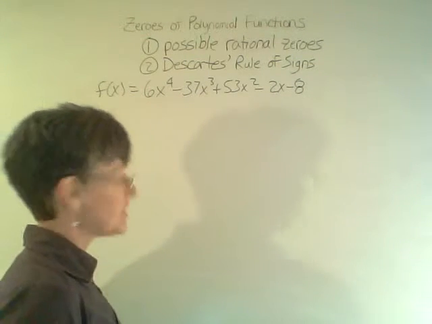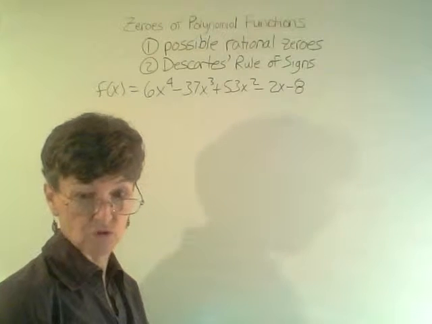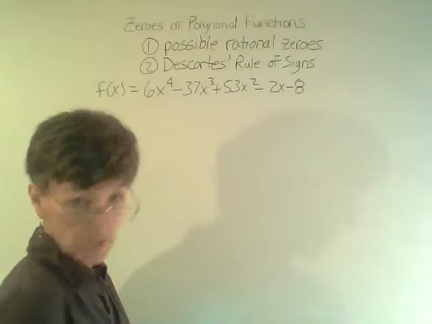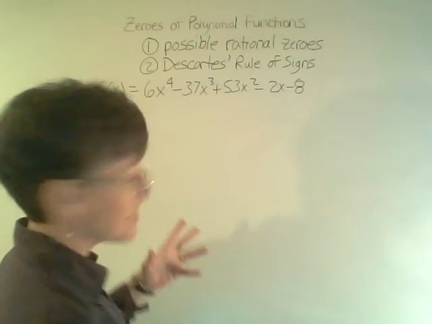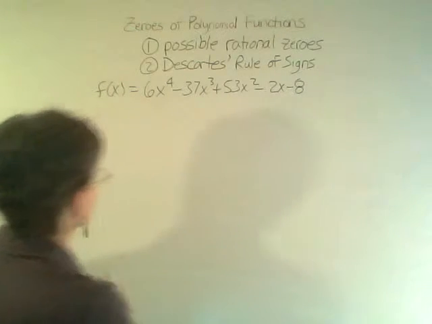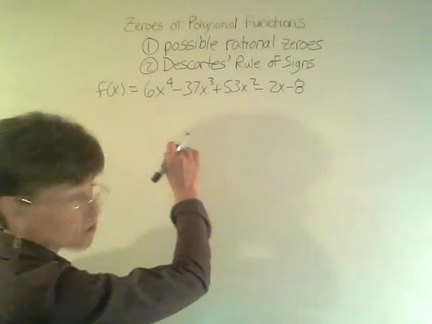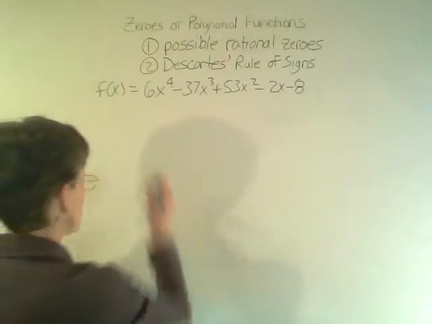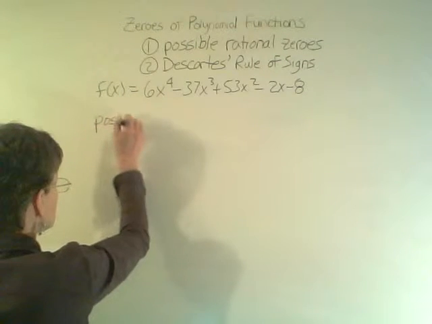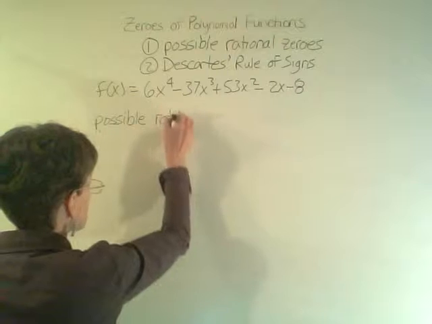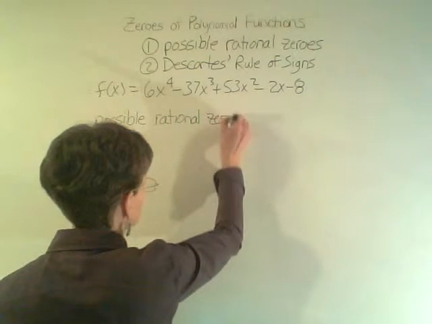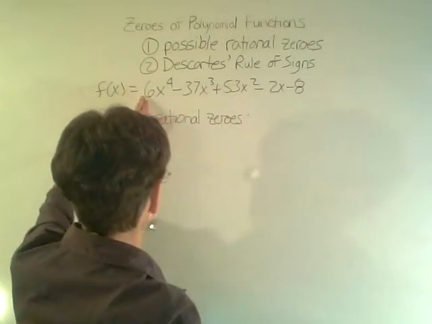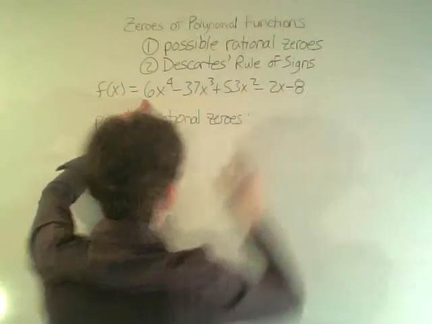Now, we cannot find complex zeros or irrational zeros directly, but sometimes we can find those at the very end if there are only two of those, by first finding all of the rational zeros, because we can find the rational zeros. So first I want to talk about what are the possible rational zeros for this function. Well, the possible rational zeros for this function are determined by taking all of the factors of your constant and dividing them by all of the factors of your leading